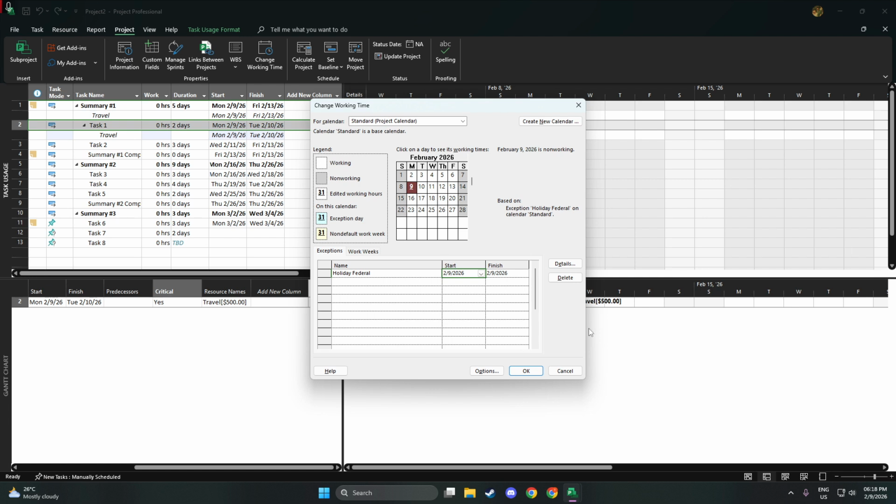Once entered, these exceptions immediately tell Microsoft Project to treat those days as non-working for this calendar. Tasks won't be scheduled to start or continue on those dates, and the overall plan will shift accordingly to respect the new constraints. When you're finished entering your holidays and time off, click OK to close the Change Working Time